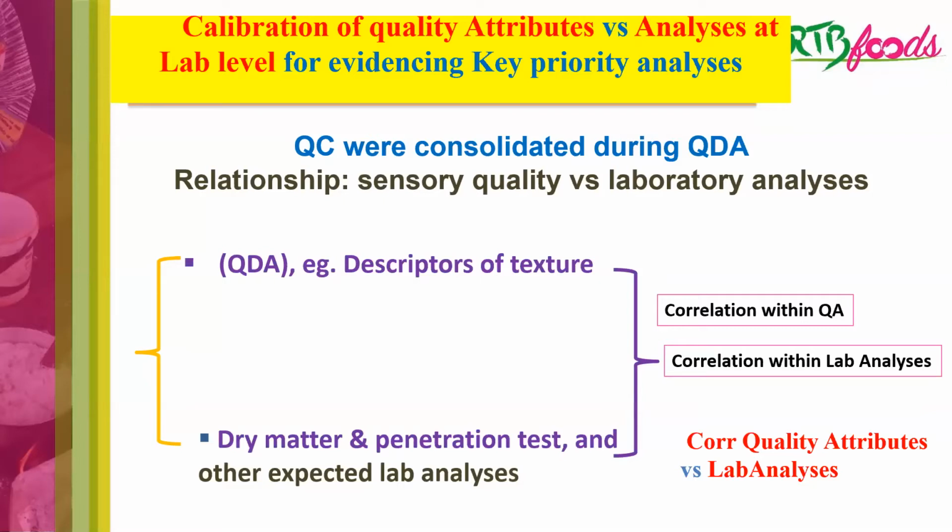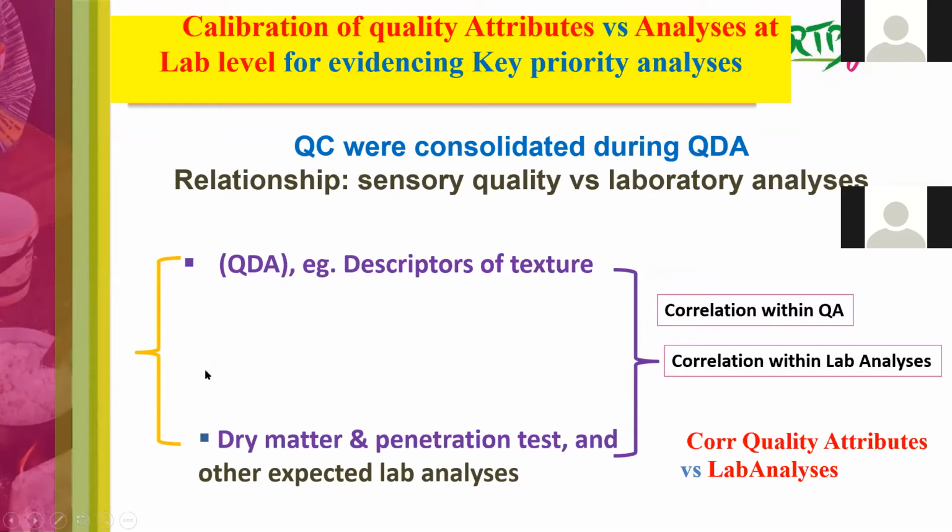What I will show here is only an example related to tester attributes. When we take this example, we correlate, we did the sensory analysis together in parallel with some lab analysis: dry matter content, penetration tests, and TPA, and so on. The first thing we have